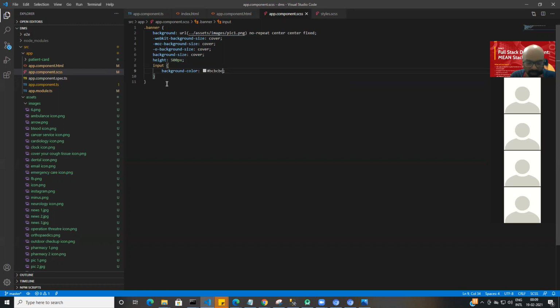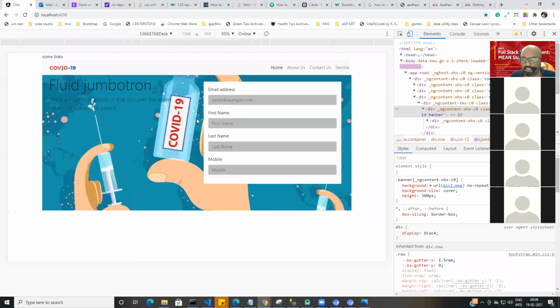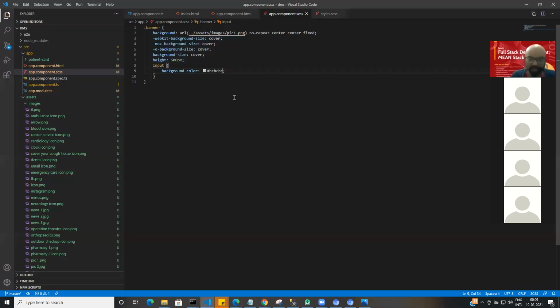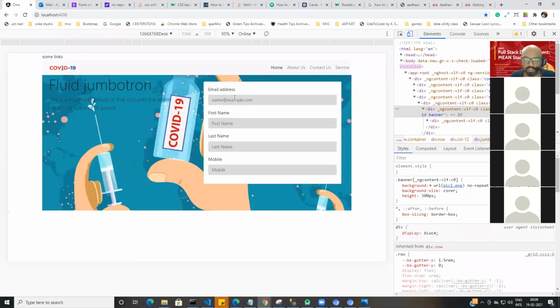Let's see, will this apply or not? Yes, it is applying, but it is darker. So I say DC, that is a little lighter. Save, and let's see again.